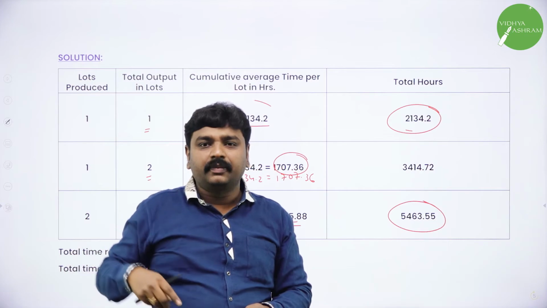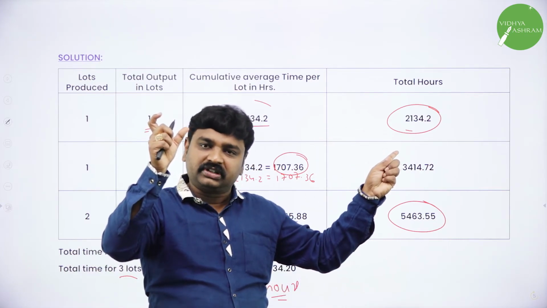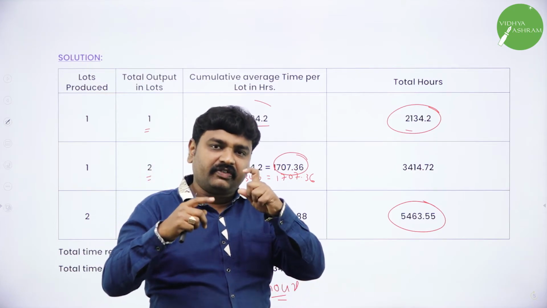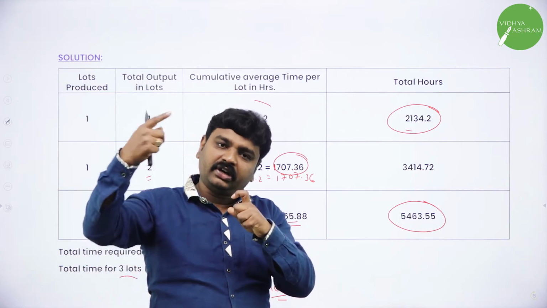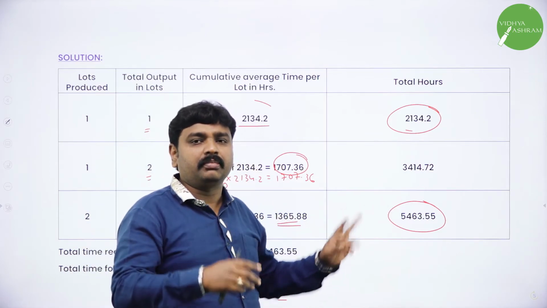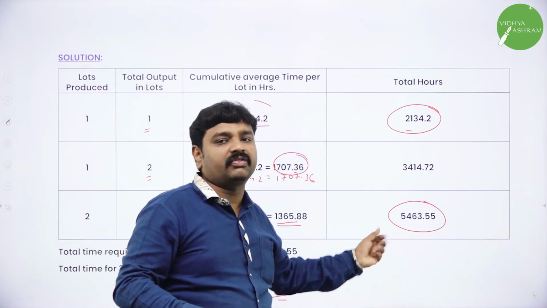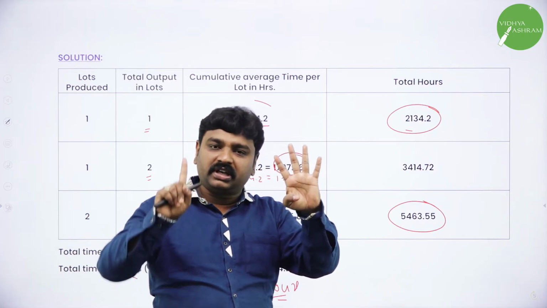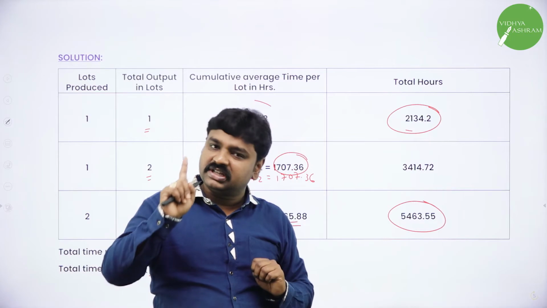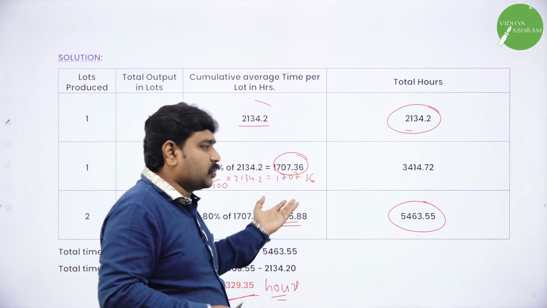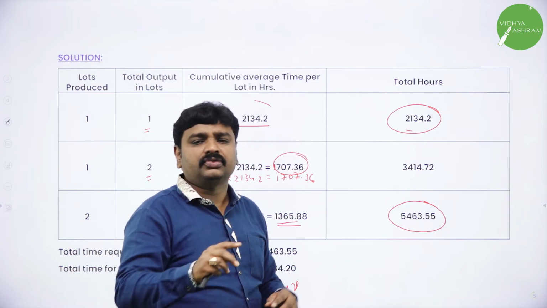And how to fill the third column? First they will give in the problem, for the first unit or first lot you write the time. Then next, learning effect into previous time. If you fill, you will get the third column. Fourth column, multiply second and third column, you will get total number of hours. That's it. If they want 3 lots, calculate for 4 lots minus 1 lot. Time for 4 lots minus time for 1 lot gives you time for 3 lots. And if they give cost, multiply. Or in this problem, they want only number of hours, we have done it.